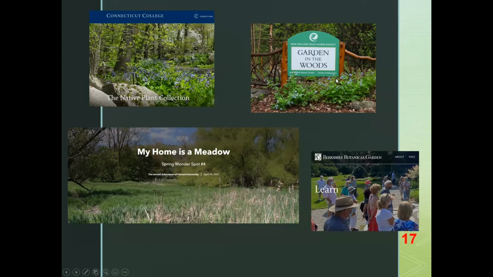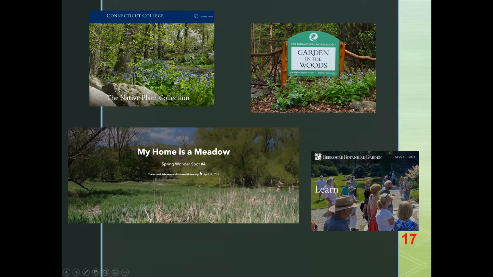So I'll just mention that this is the headquarters for the Native Plant Trust, which is the leading native plant conservation organization in our country. It's a short drive away and well worth making the trip to see.